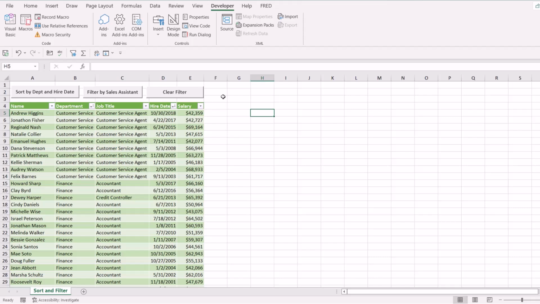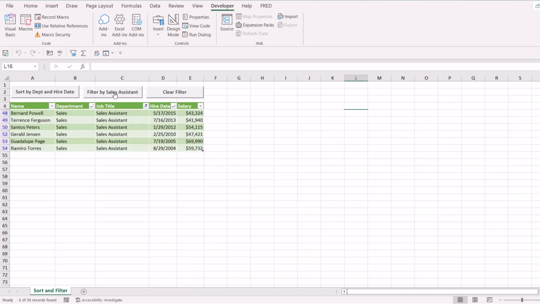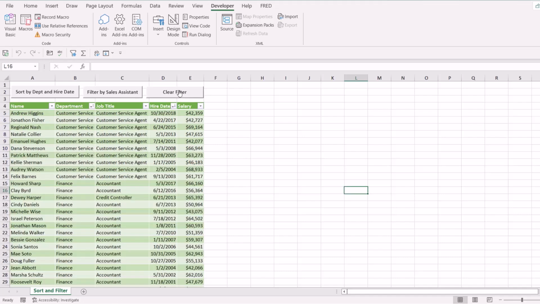Now remember, if you want to align these perfectly, you can use your alignment tools and you can spend a bit more time resizing these to get them exact. But let's see how these work. As I said, if we click sort by department and hire date, that one's already applied. But what about if I click filter by sales assistant? That one's working perfectly. If I want to clear the filter, I have a button there and it's going to